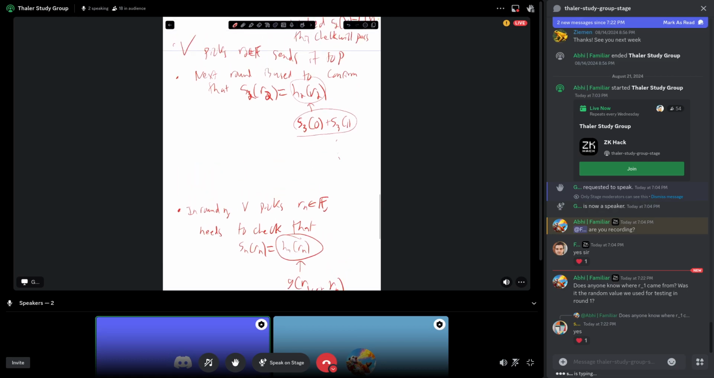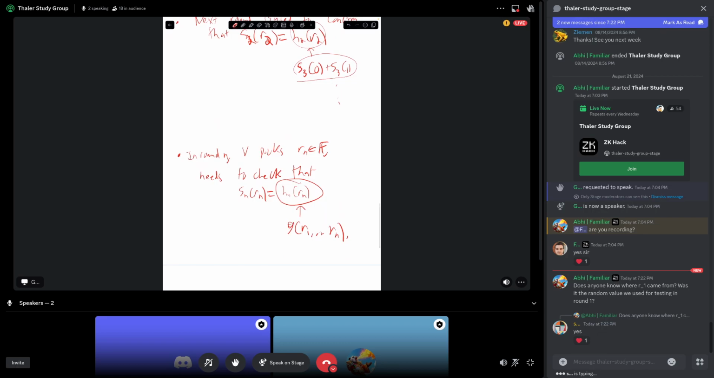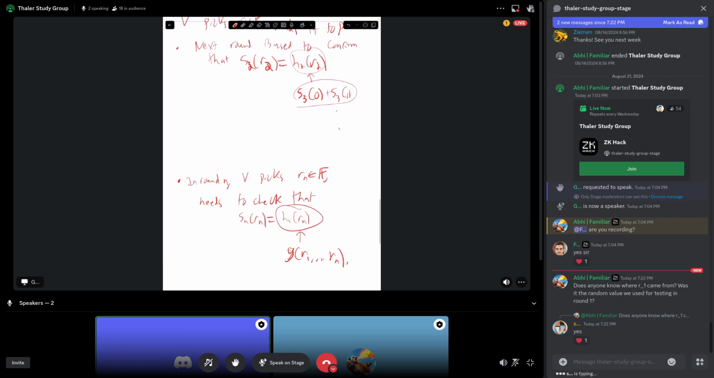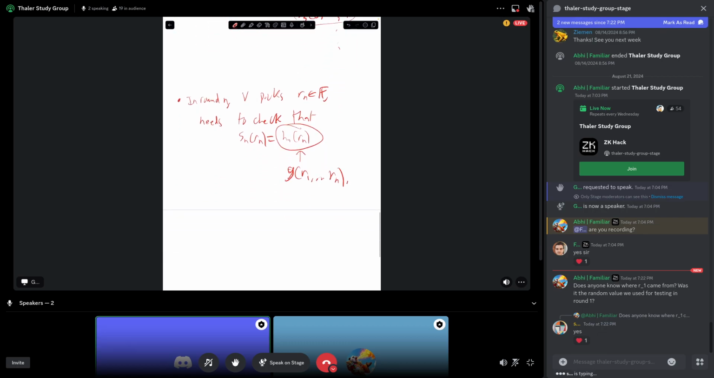Every round, there's one fewer variable to sum over. So by round n, there's no sum anymore, right? By round n, every single one of the n variables has been fixed to a random field element, and now there's no sum, and h_n of r_n, what the prover sends in the final round, if the prover's honest, is